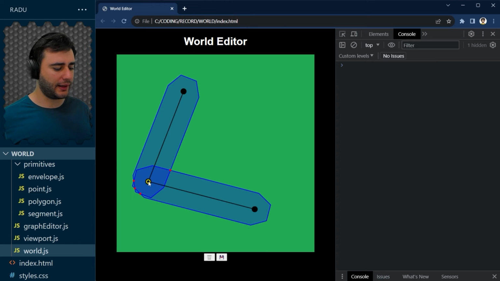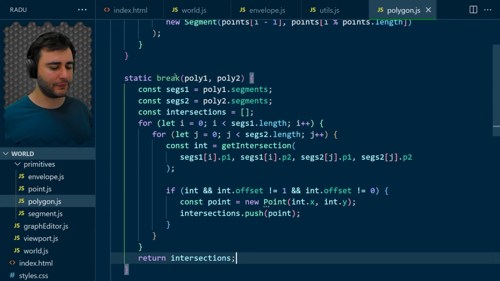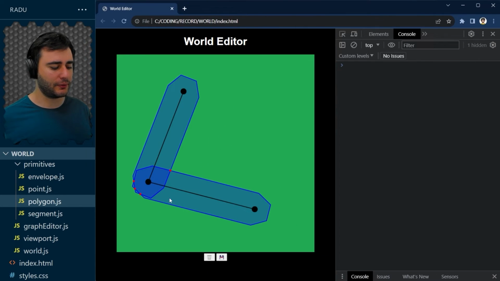And what we'll do next is we're not done with this break method here. It doesn't just create the intersections, but it's also going to break these segments so that, for example, this segment here on the side of this envelope is going to be divided into this segment and this segment. After that, we're going to take the segments that are contained inside of another envelope and remove them. That's how we're going to do the cleaning. So let's do this breaking